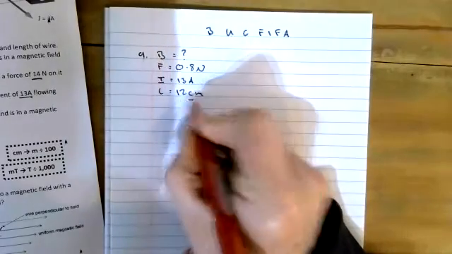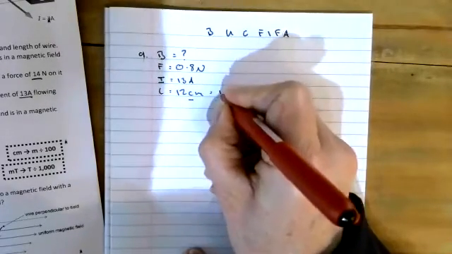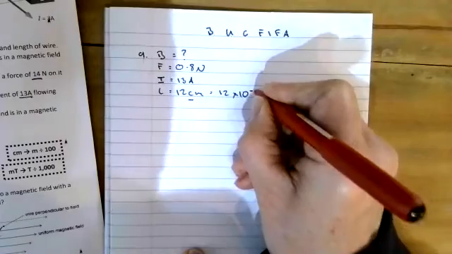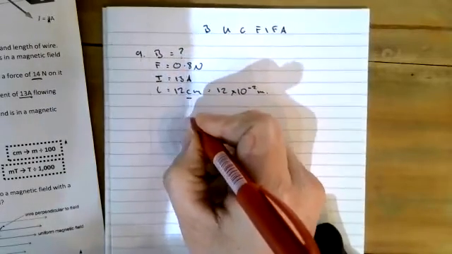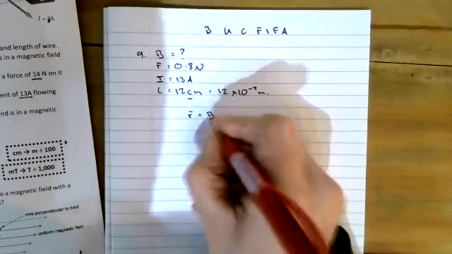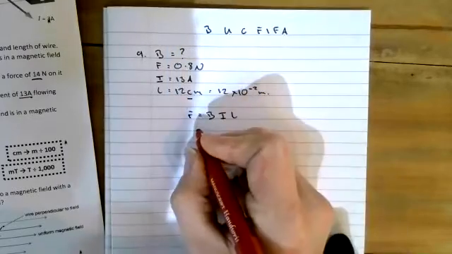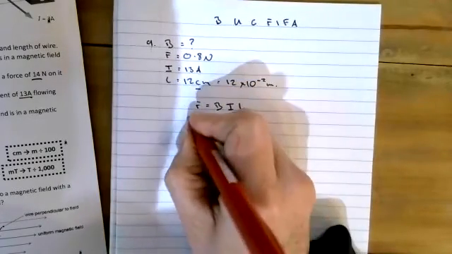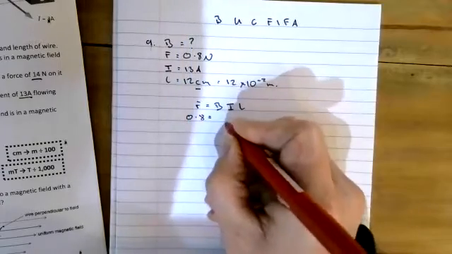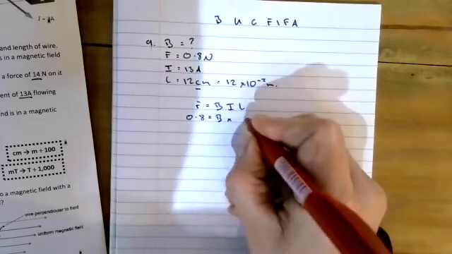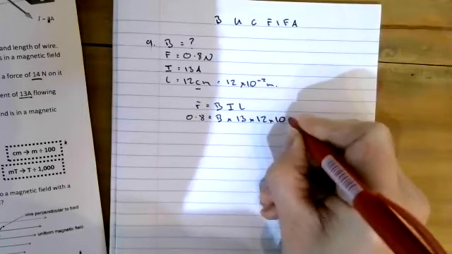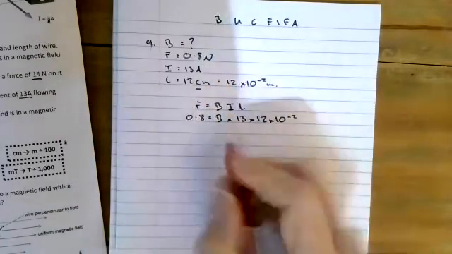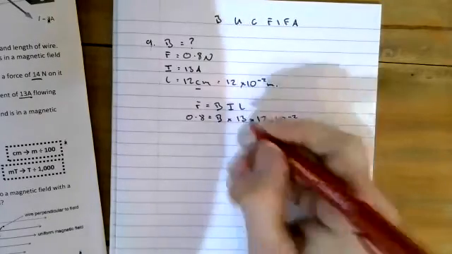First thing I'm noticing is that 12 centimeters is equal to 12 times 10 to the minus 2 meters. So I've boxed, I've underlined, I've grabbed. Now I'm going to write down my formula, which in this case is force equals B I L. I'm going to insert. So we have 0.8 is equal to B times 13 times length, which is 12 times 10 to the minus 2. So I want to make B the subject,